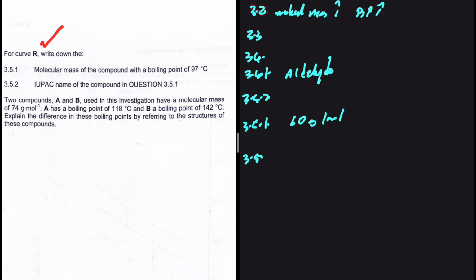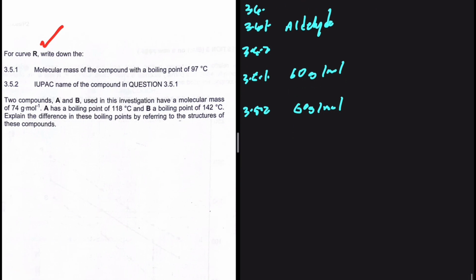3.5.1. A straight chain alcohol with a molecular mass of 60 grams per mole. Okay, so let's see. We have methanol. What else? We can also just write an equation for this. I think we can write an equation. For an alcohol, we know fully well that we are supposed to have